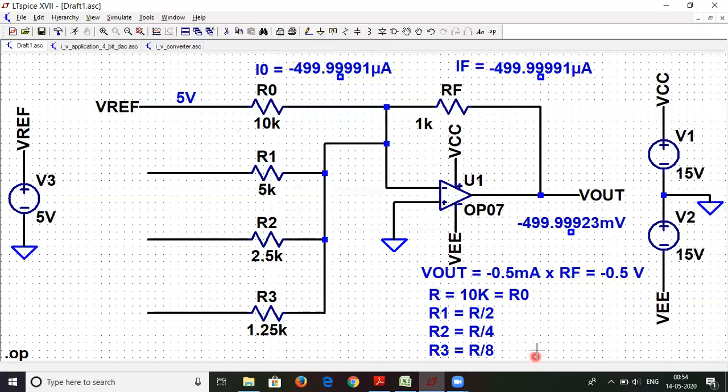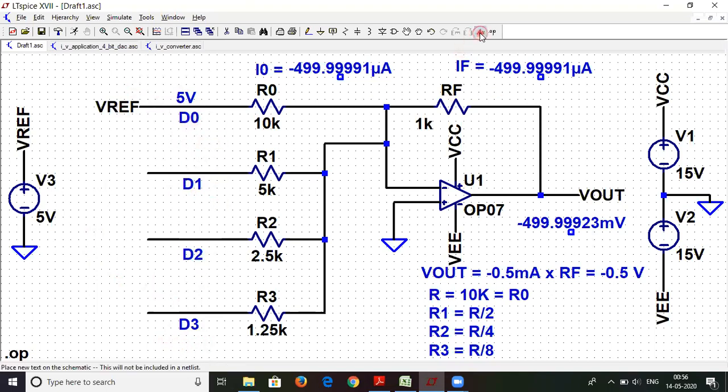Okay. And let us do one more thing. We have to define certain bits over here. So what we have done is we have defined these as D0, D1, D2, and D3. Now, let us say these are my digital inputs, D0 to D3, where D3 is my MSB and D0 is my LSB.